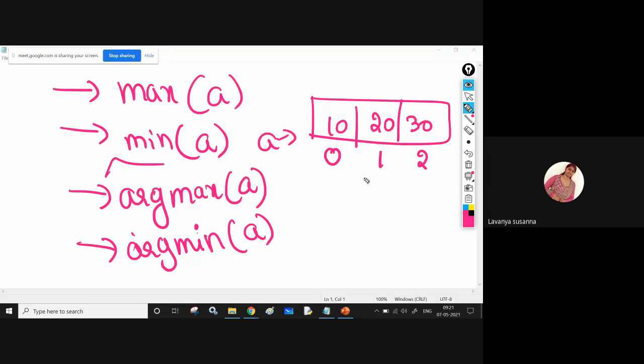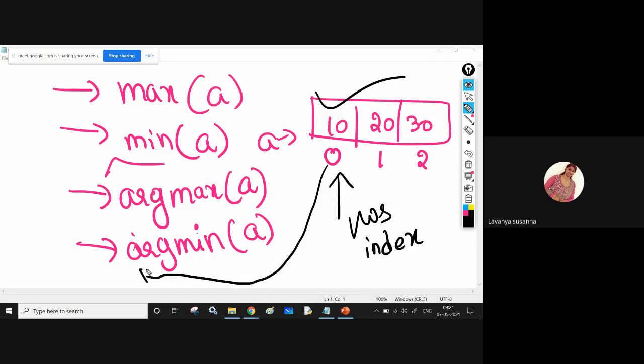What is the smallest element in this array? The smallest element is 10, right? Now, what is the position of the 10? 0, the 0th index. This will be returned by this function, okay?